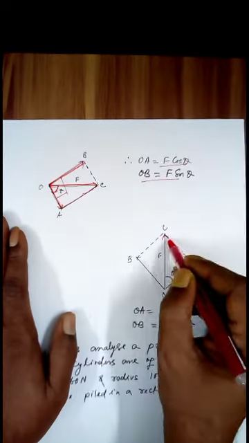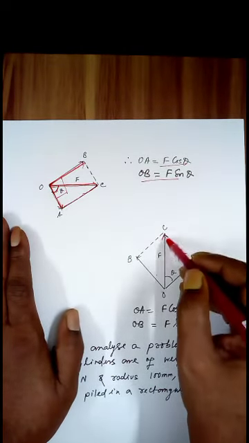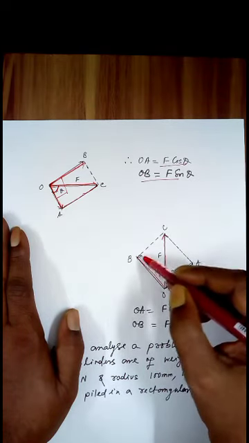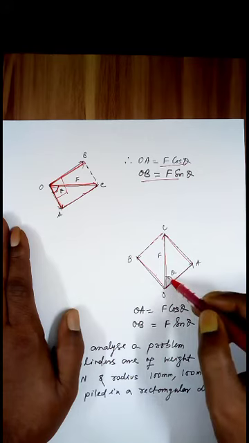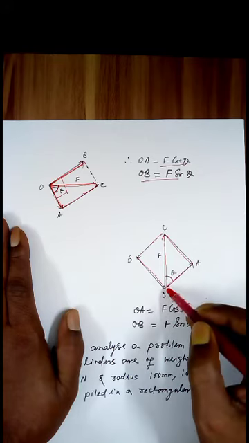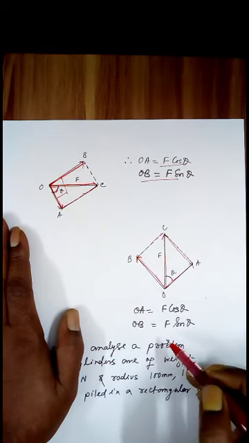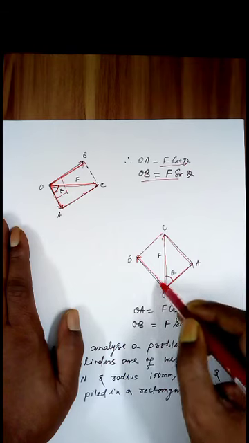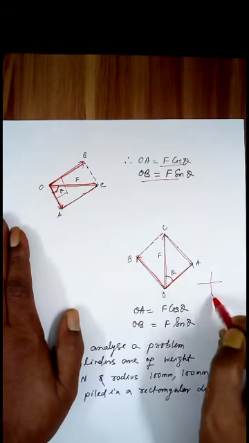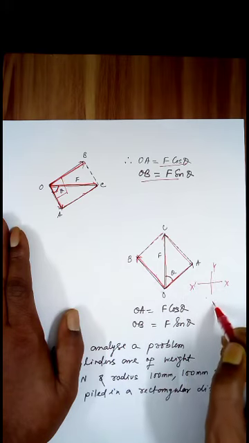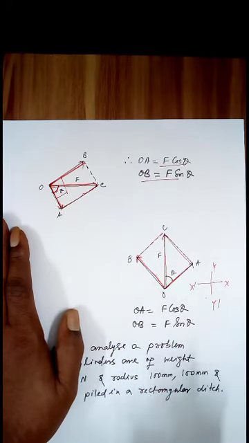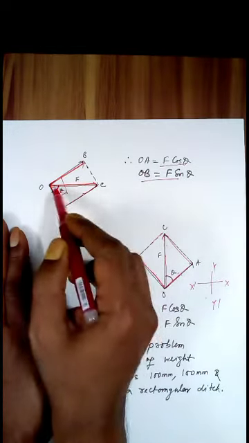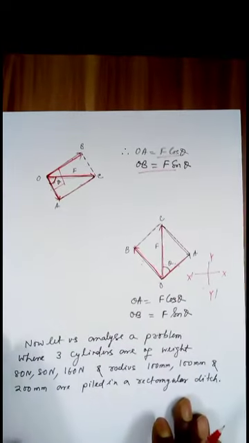Similarly, if a force is vertical, considering this as the diagonal, draw a rectangle such that if this angle is theta, then this will be your F cos theta, and this will be F sin theta. I explained this before. But look, this is neither along the x-axis nor along the y-axis. In some situations, you may be required to split a force like this, a vertical force or a horizontal force, depending on the numerical problem.